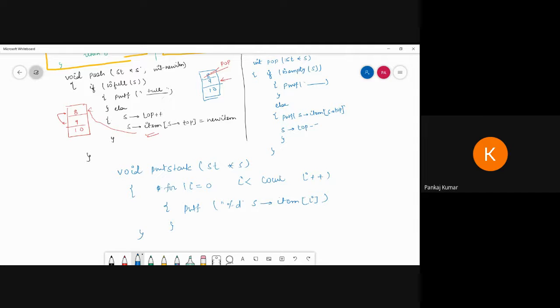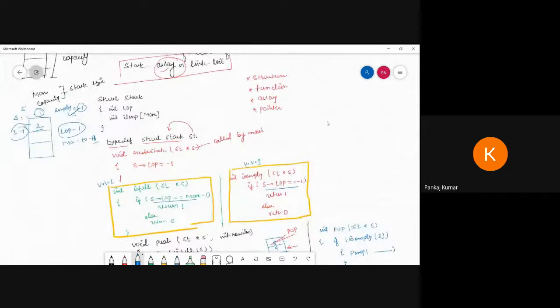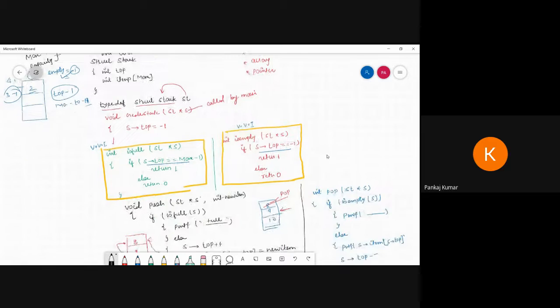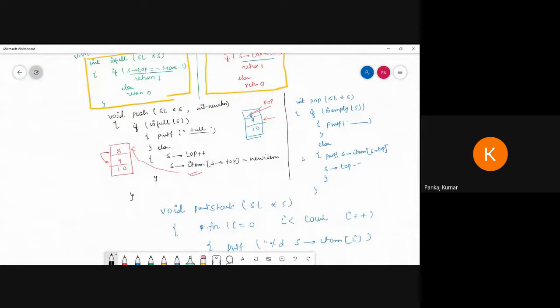Yes or no? Okay, so now don't worry, I can introduce the count. Before this, I have to introduce a count, because all the time I am going to use the count, so we can decrease it too. So I am going to write here int count is equal to 0. When the push operation is over, I have to use count plus plus, and here in pop I have to use count minus minus. Is it clear?